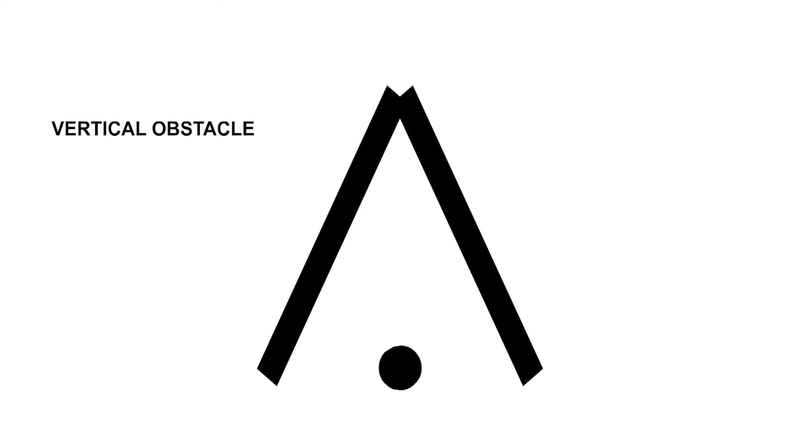This is the general symbol for any vertical obstacle. If the symbol were to scale, it would represent about a mile of length on the ground, but it has to be the size it is on the map for the reader to see it. It is therefore far too large to be in scale, and the actual position is represented by the dot at